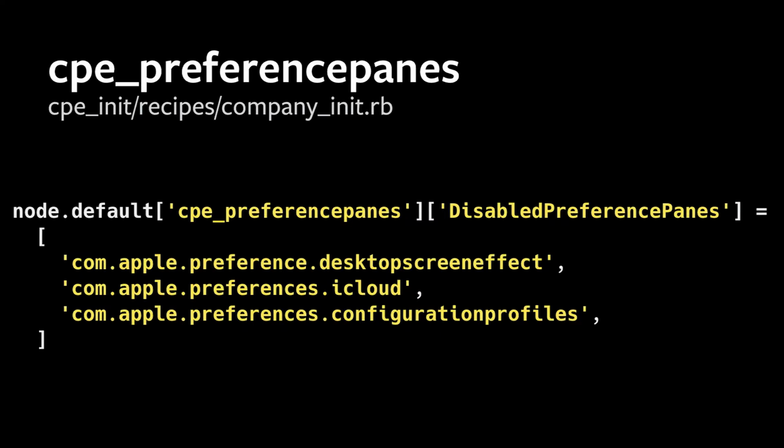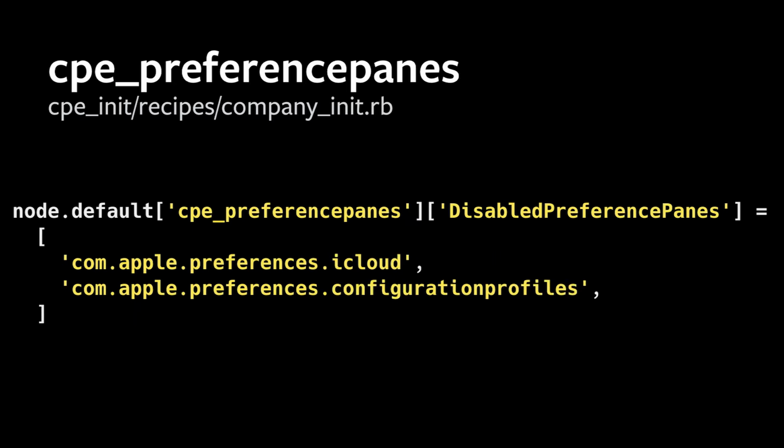But what if we actually want them to get to the desktop? With many other things, if you were to deploy a setting like this and want to remove a setting, you'd have to now go and delete it off of every single machine and keep that code there indefinitely. But instead, we'll just remove that one line. You see remove desktop screen effect. It's now gone. And then if we rerun chef,